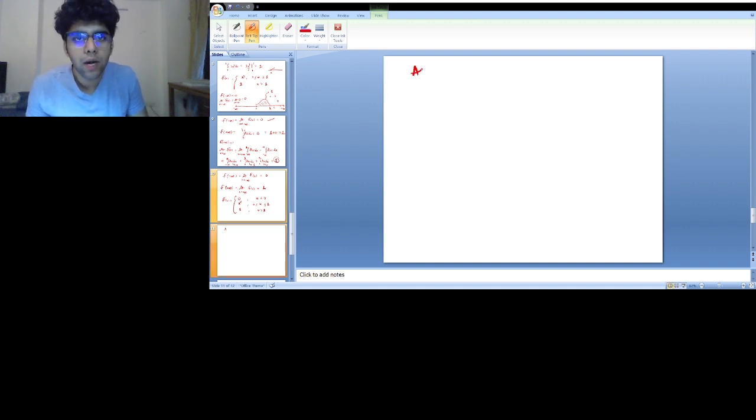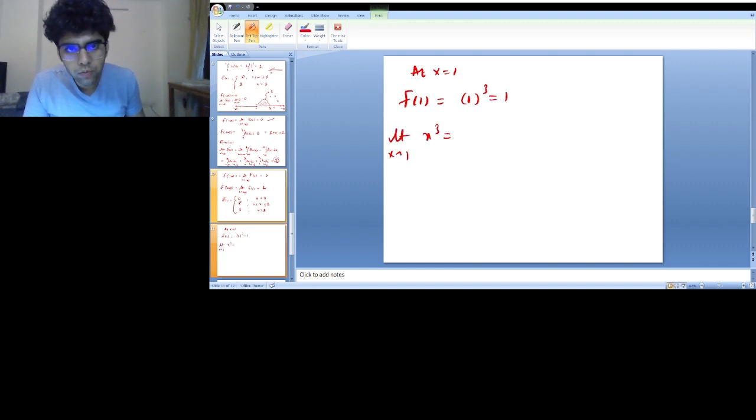Yeah, so at x equals 1, f of 1 is equal to x cube, so the cube of 1 is equal to 1. When x is approaching 1 of x cube, this will also be equal to 1 cube, which is equal to 1, so my f of 1 is equal to the limit as x goes to 1 positive. Wait, we are checking the right continuity, right? I checked the left continuity in this case, so limit x goes to 1 plus